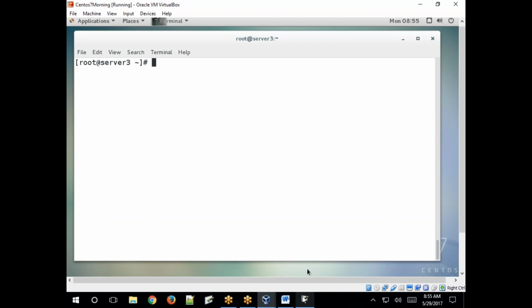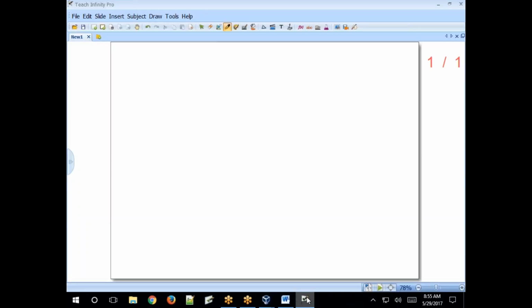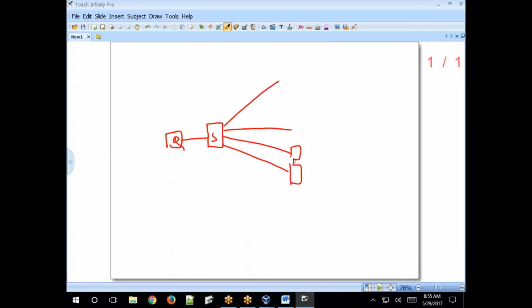Now, how to access a remote system in a LAN. Say we have a network, right? This is a switch connecting all the systems together, and one router is also there.